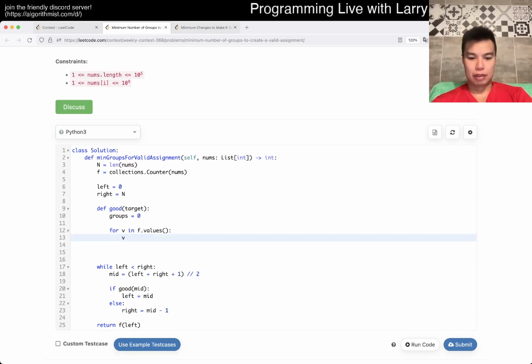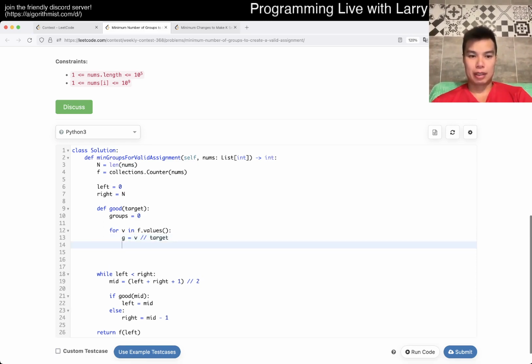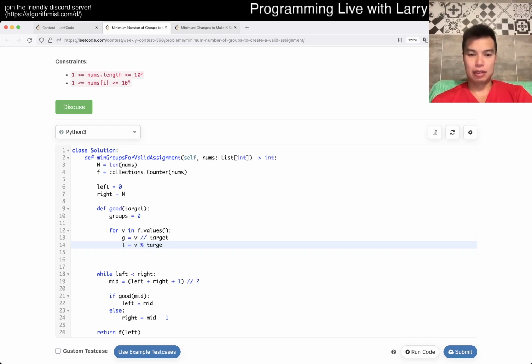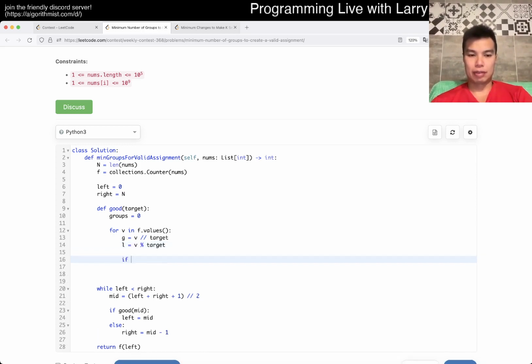So current groups is equal to v divided by target, right? And then leftovers is equal to v mod target, right? So if the number of leftovers is greater than groups, then it is a no-brainer, because basically we want to keep things at target and target plus 1. So left is